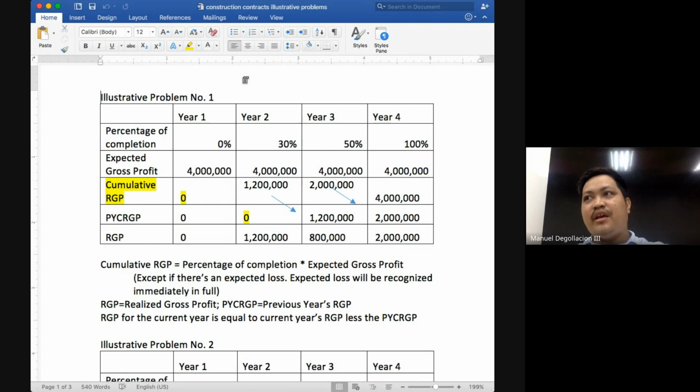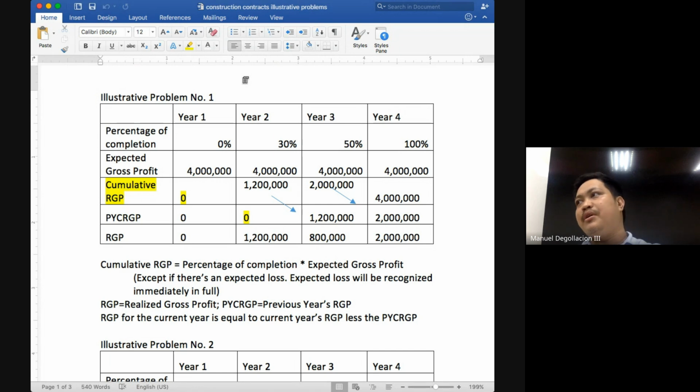Okay, you need the two things I mentioned, but you will have to follow the steps or the procedure, class, for you to arrive at the profit to be reported for a particular year. Okay, our concern here is how much profit will be reported for each reporting period. But again, at its core, class, you just need two things: the percentage of completion and the expected gross profit. Okay. Now, problems will be complicated, class. In what way? Obviously, number one would be that the problem will not give you directly these two things you need. But again, what are the two things you need to solve these problems, class? The percentage of completion and the expected gross profit.